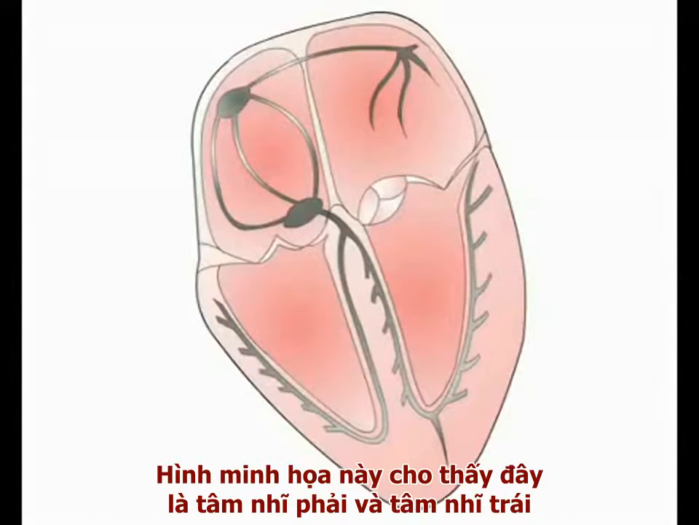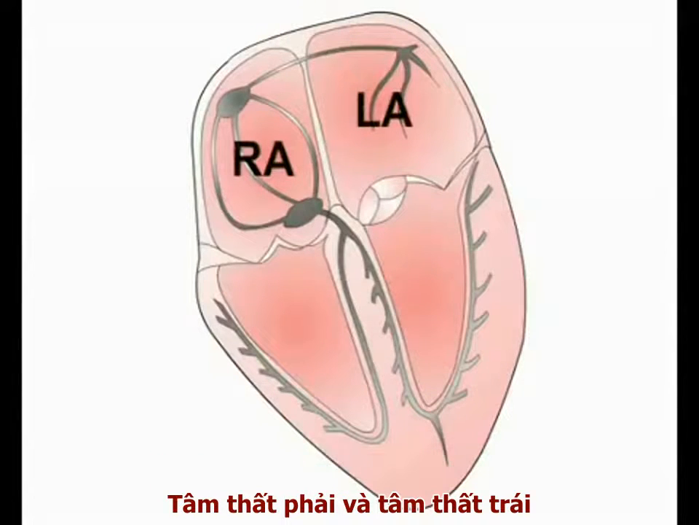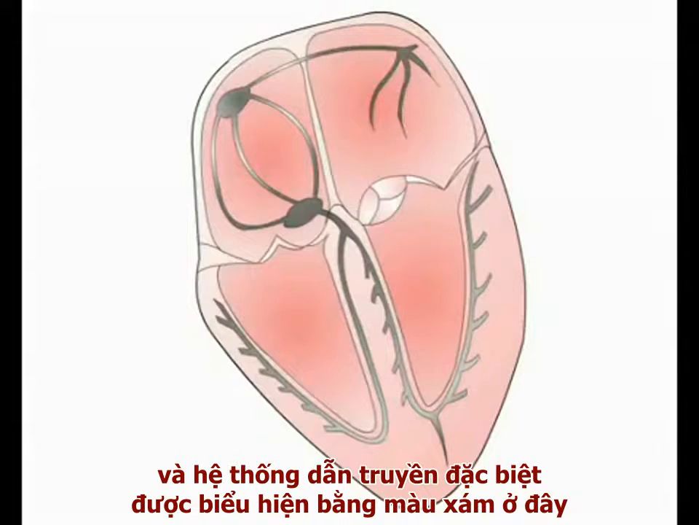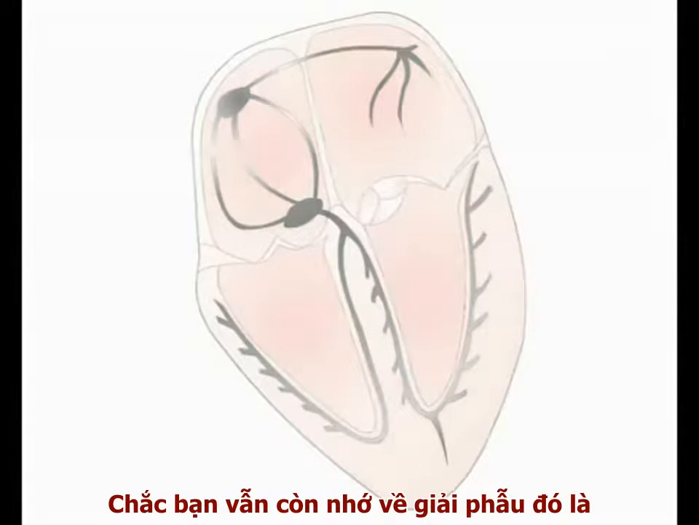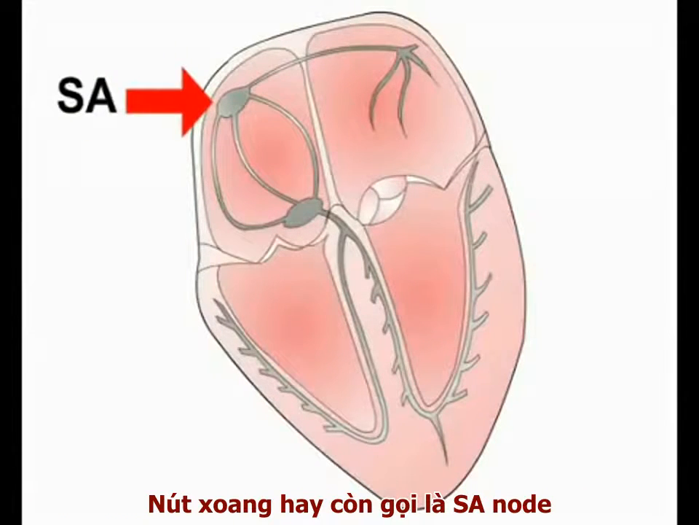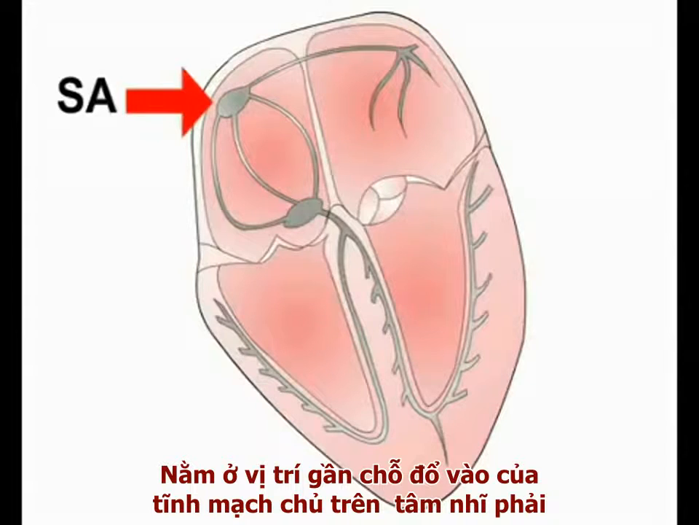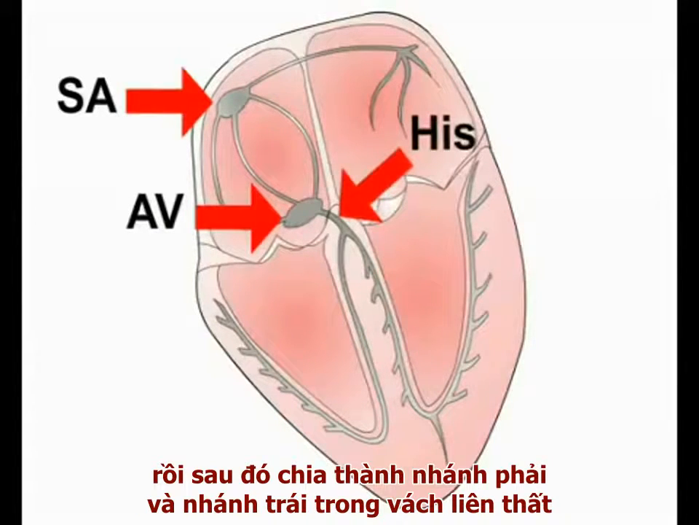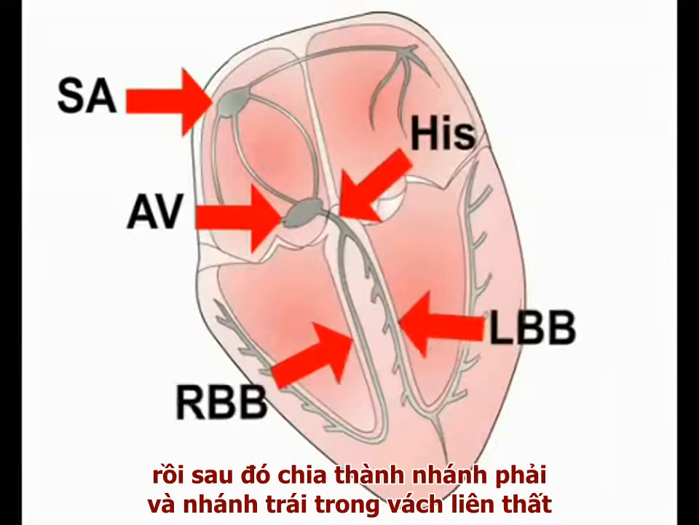The schematic shows the right and left atria, the right and left ventricles, and the specialized cardiac conducting system seen here in grey. You will remember from anatomy that the main components of the conducting system are the sinoatrial or SA node, situated near the entry of the superior vena cava into the right atrium, and the atrioventricular or AV node leading into the bundle of His, which then divides into the right and left bundle branches in the interventricular